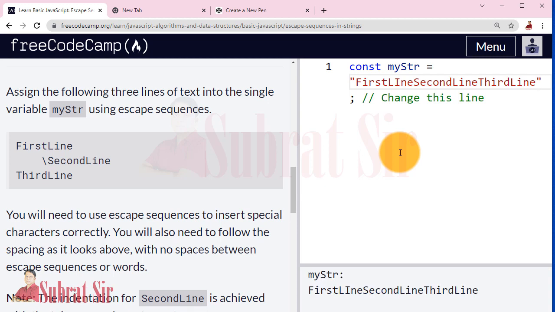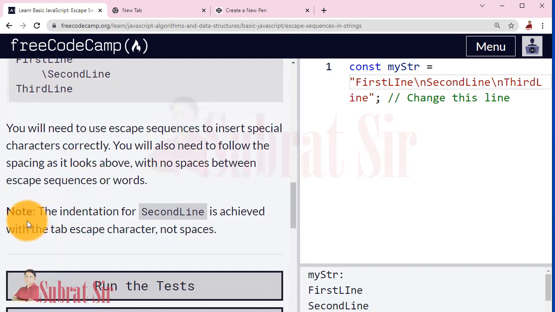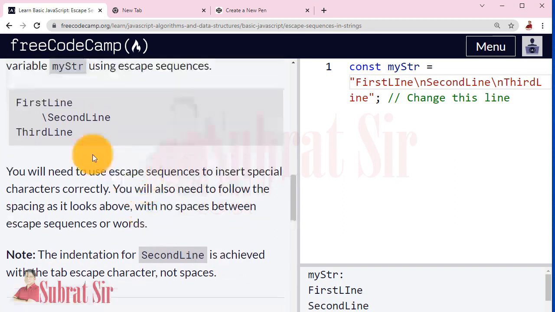Okay. So there should be three lines of text. So first line, then \n, second line, then \n. The indentation for second line is achieved with the tab escape character, not spaces. So second line has an indent. So let us achieve this by writing \t for tab.